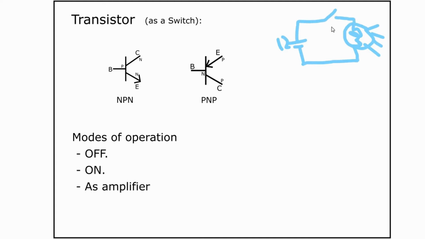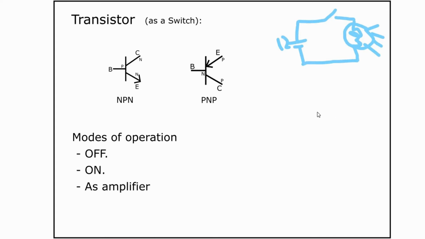In our houses, what we have seen are mechanical switches. You go, put it on, it will make the circuit and the bulb will start to glow. You go and turn it off, the circuit will be broken and the light will turn off. So this is a mechanical switch. You have to apply some mechanical force to make or break the circuit. A transistor is a switch where you can turn it on or turn it off by giving a small electrical signal.